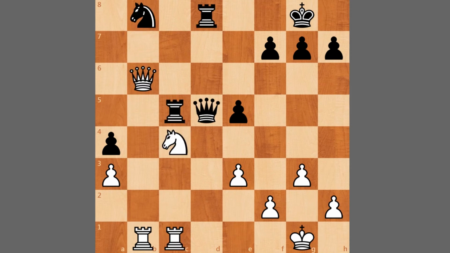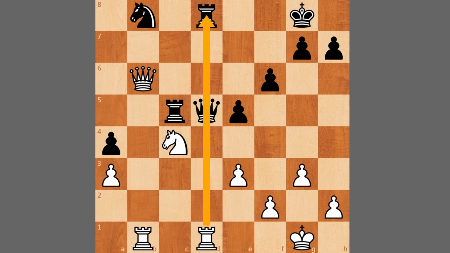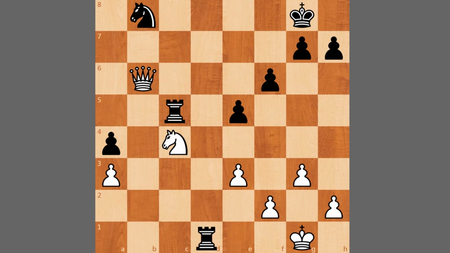Karjakin blunders. He plays f6, and this allows Caruana to play a very strong move, rook to d1, skewering the queen and the rook. So here, Karjakin just gives up his queen. He plays queen takes d1, rook takes d1, rook takes d1, check, and after king to g2, Karjakin resigned the game. Both the knight and the rook are under attack, and there just simply isn't a way to avoid losing